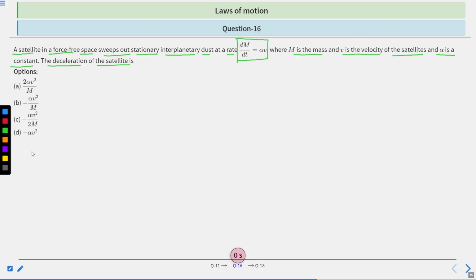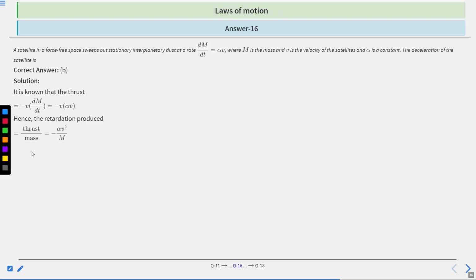Let's find a solution. The question gives dm/dt equal to alpha times v, where m is the mass and v is the velocity of the satellite, and alpha is a constant. The question asked about the declaration. So the solution is, it is known that